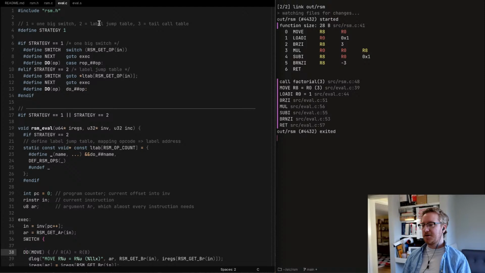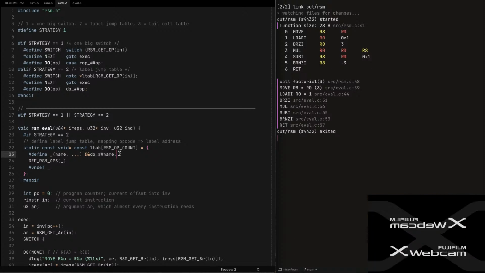The other way of doing things is with a jump table that has the address of a chunk of code. This would traditionally be what most VM implementations written in assembly would do. You just build a table that maps the operation to some offset in code. Clang and GCC allow you to do this with some unusual syntax, which basically takes the address of a certain offset in your code,